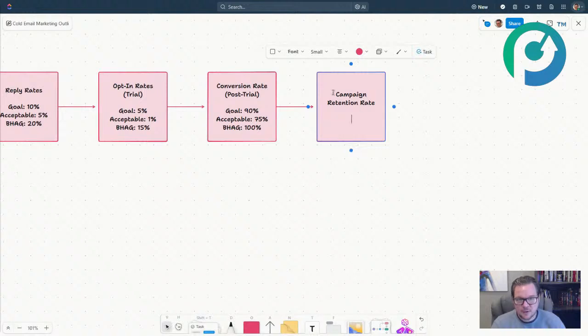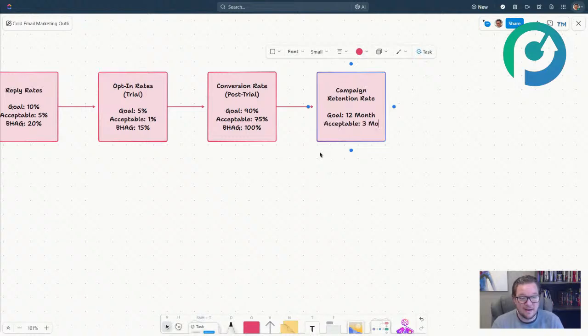All right. So this last one though, campaign retention rates, meaning that I want to specifically watch how long people stay with us, which is going to be good. So my goal is going to be, I love a 12-month retention. That is good for me. But I'm not going to lie, especially with cold emails, depending on our list,